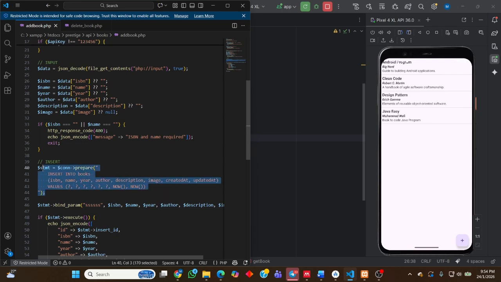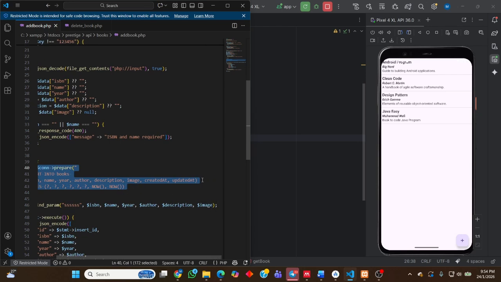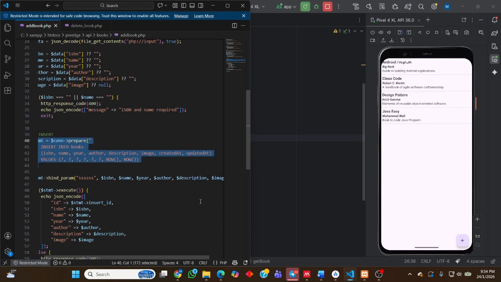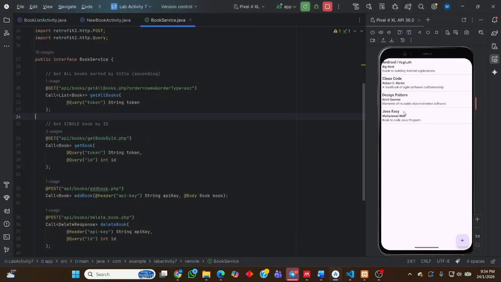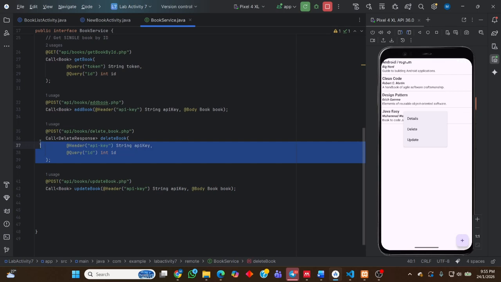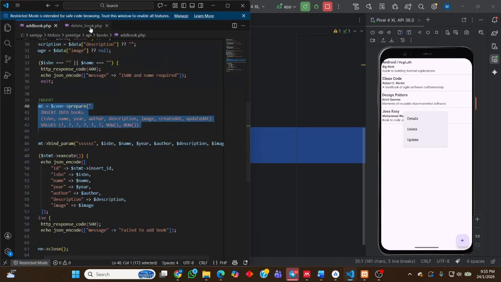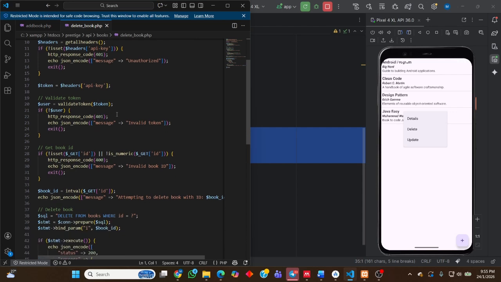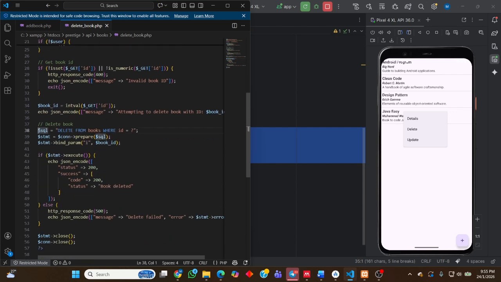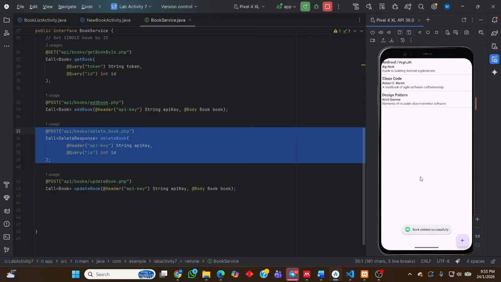The SQL method that we use is the insert method, so all of these attributes will be passed into our database. The next one, if we want to delete, uses this context menu. First we look at the code. This is the book service that we want to use. For the PHP file, we also put it in our htdocs. We will use this SQL, and the ID will be passed from our Android Studio. Let's delete. As you can see, the book has been successfully deleted from our application. So that's all for 7.3.